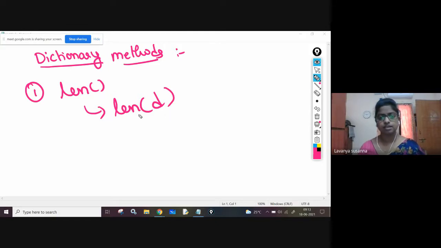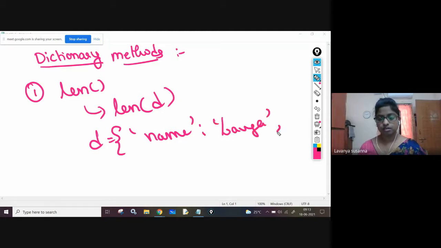If you pass this, what will this len function do? This will find the length of the dictionary, that means the number of elements. See, don't think that elements means this. It will be like this, right? Key, name. This is a key, colon, and this is the value, comma, some other pair. Don't think that name is one element and 11 is another element. No, the total pair is one element, at the 0th index.